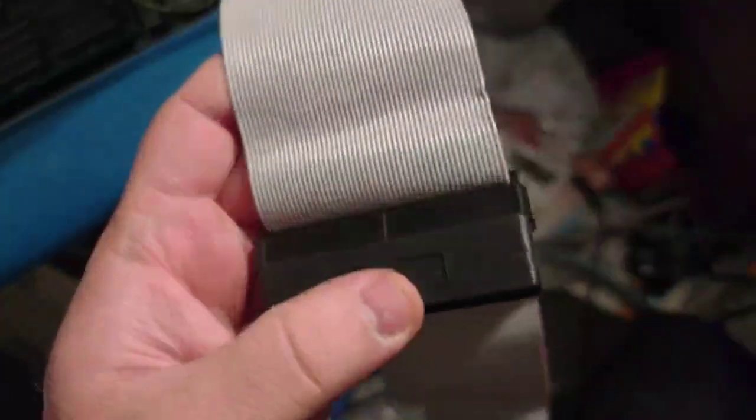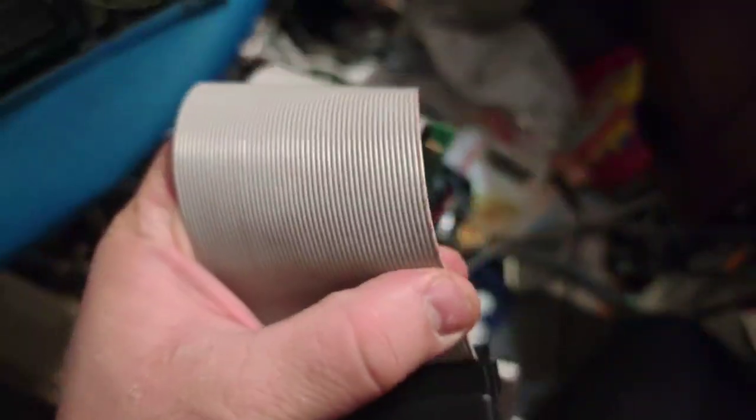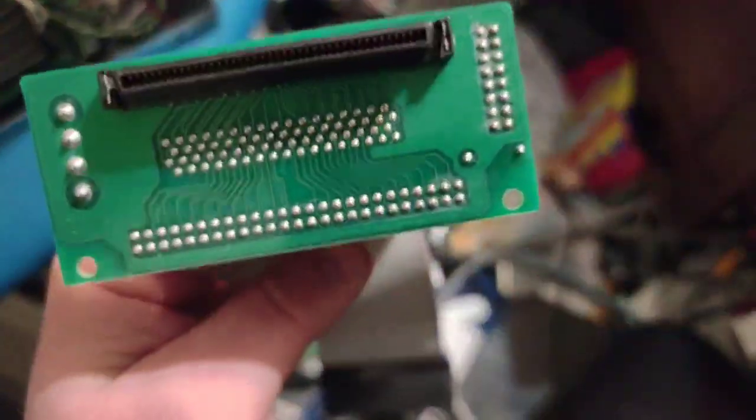well, I put a termination on here because I figured that's the most important factor for SCSI. If you're only having one drive on a 50-pin or a 68-pin SCSI cable, they have to have the termination onto it. If it's the one that you can put more than just one drive on there. But